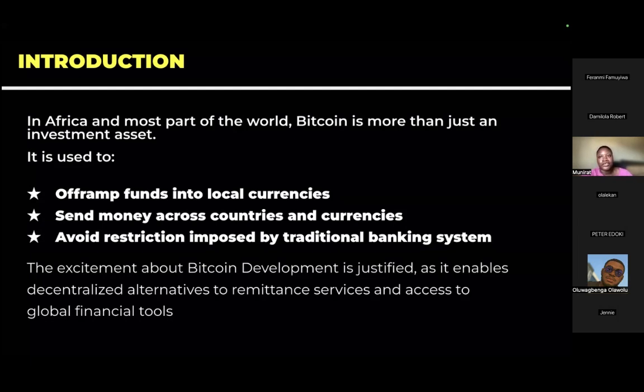But with Bitcoin, people are able to send and receive money, maybe across the country or currency. Then with off-ramping and on-ramping, it just makes it easier. Some people don't even need Bitcoin. The only thing they know is, okay, there's an application or a product somewhere where you're going to send money, I receive it in Bitcoin, right? But I'm able to convert that Bitcoin to my own local currency. Yeah, I'm fine with that.